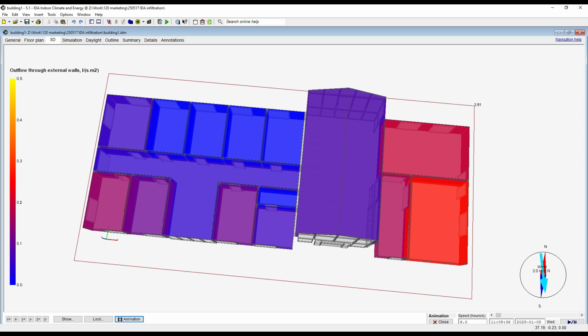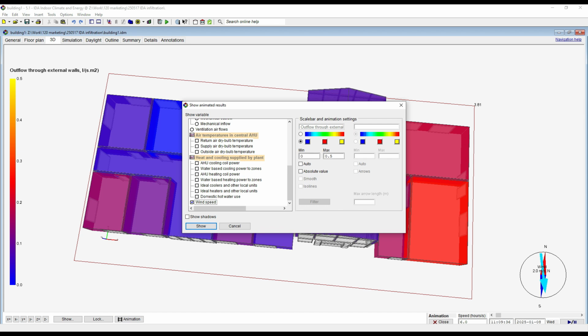So what have we got? We've got a northerly wind. We have got zero outflow on the northern side, and obviously outflow on the lee side. Let's go for an alternative animation. So if I go to